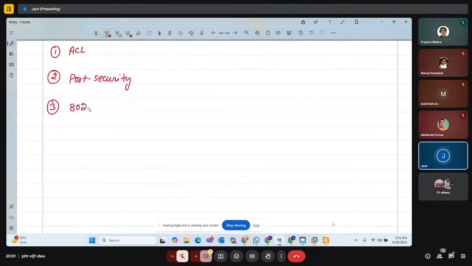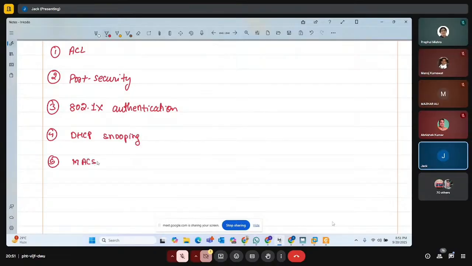That's why we have 802.1x authentication supported on the Nexus switches. So we can integrate a Nexus switch with ISE, Identity Services Engine, and we can authenticate the user on the basis of username and password. They support DHCP snooping, which is also a security feature. MACsec is also supported. Like we have IPsec, similarly we have MACsec to encrypt